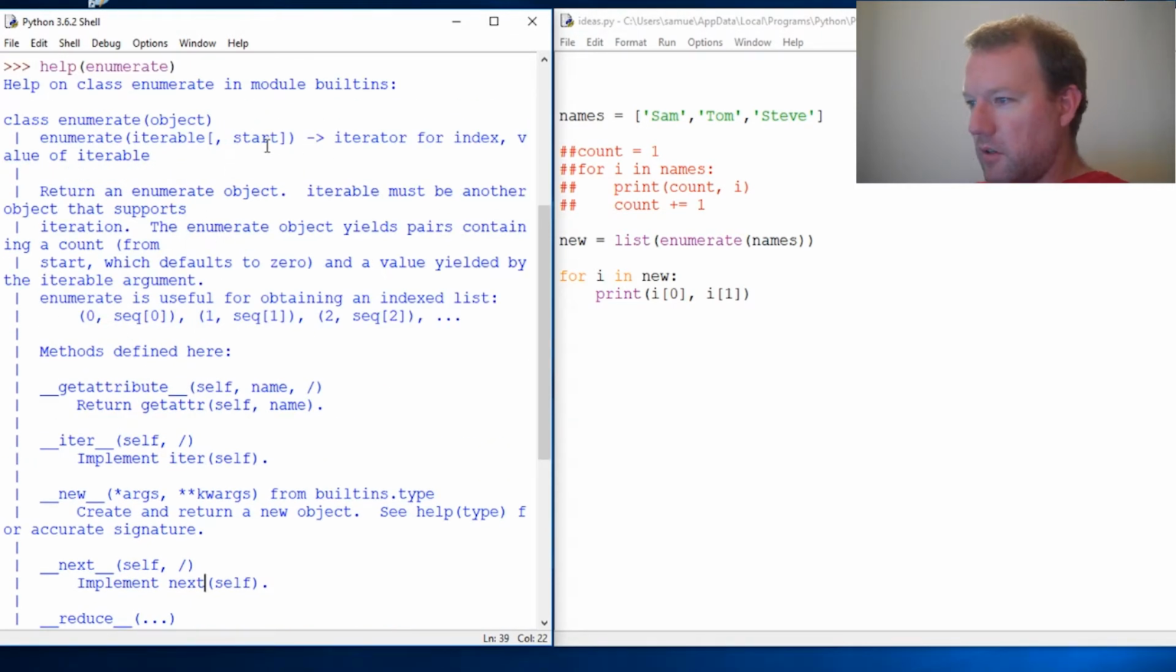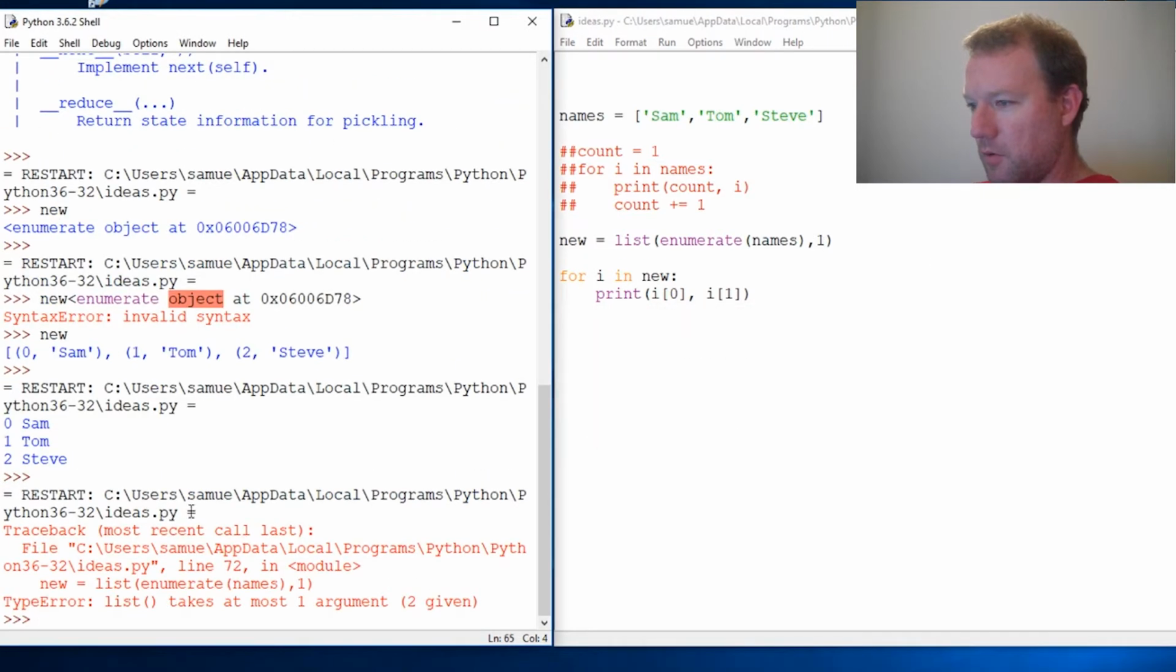Alright, so you can put however many sequences you need, and right here it takes a second object. We can tell it where to start. It's useful for obtaining an index, and it starts with a default of 0 right here. It always tells you it defaults to 0. So we can change this to 1. Now lo and behold,